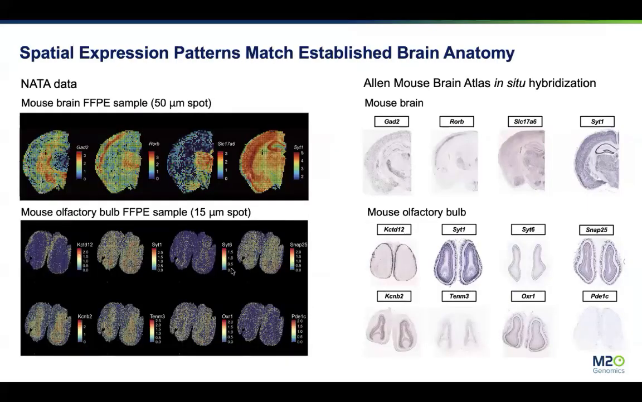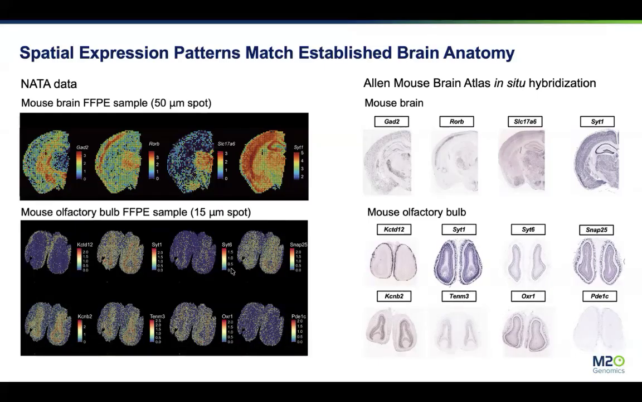We then evaluated spatial fidelity by comparing NATA-derived spatial expression patterns with established anatomical references. In the mouse brain at 50 micron resolution, we looked at canonical neuronal markers, including GAD2, SLC17A6, and synaptotagmin1. Their spatial distributions closely matched the expected organization of excitatory and inhibitory neuronal circuits. When we compared this with in situ hybridization data from the Allen Mouse Brain Atlas, NATA showed strong concordance with